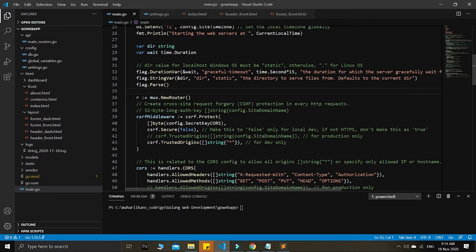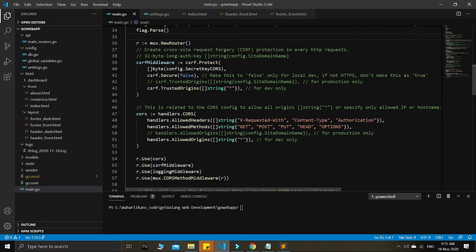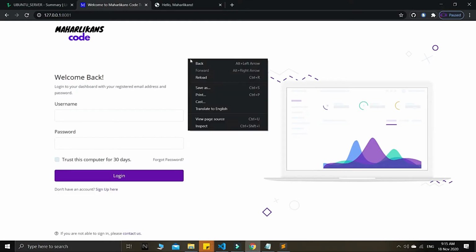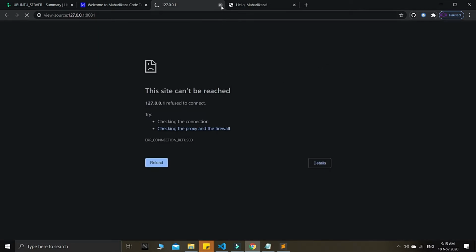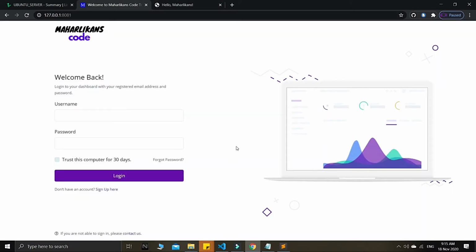This CSRF, guys, is very useful for us because we need to protect any request, because our JavaScript in our HTML pages is all exposed to the client side, guys. What I mean is, when they right click the browser and then click view source, for example, if they want to view source this, guys. Sorry, I never ran my thing. Okay,